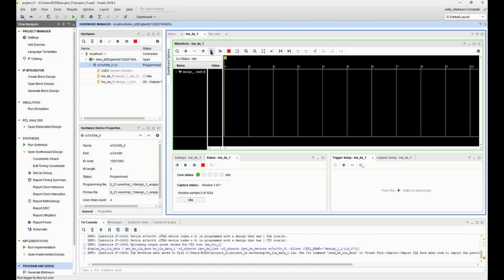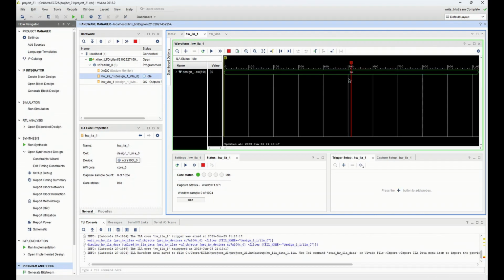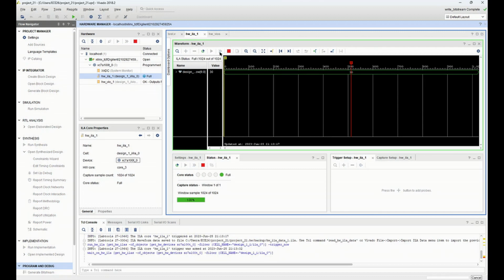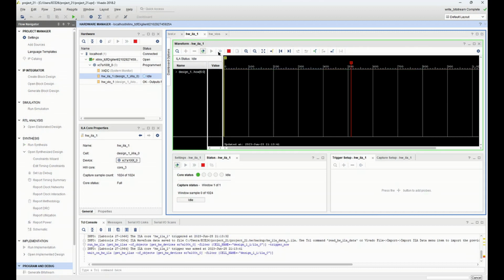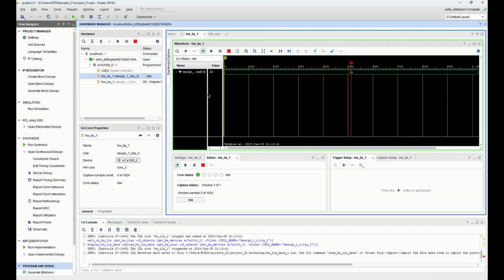Also you can run the waveform to check the output. Live output is coming here, and you can set here, this is the ILA output window. Auto toggling will be there. So here you can see it is toggling automatically,